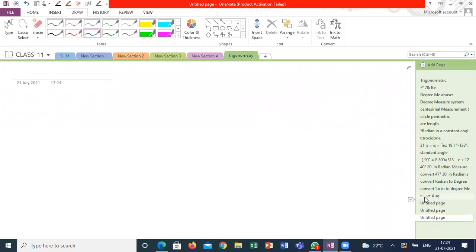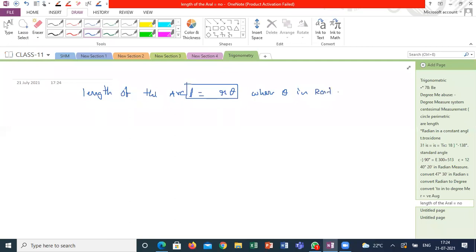So when discussing radian, we discussed the length of the arc formula. What is the length of the arc formula we discussed yesterday? R theta, am I right? The length of the arc formula L is equal to R theta, where theta should be in radians, because R is a real number and theta should also be a real number. Only the pi value is used for the real number measure of degrees.